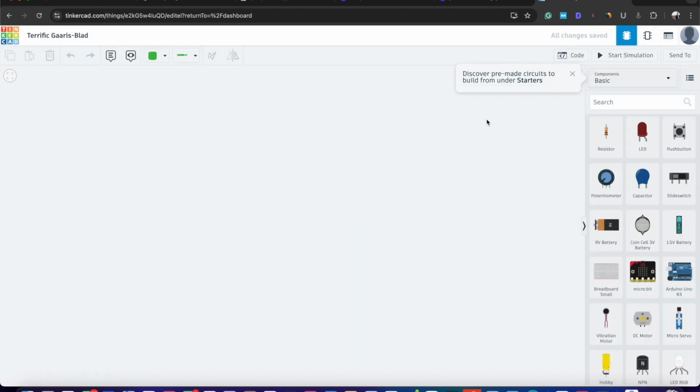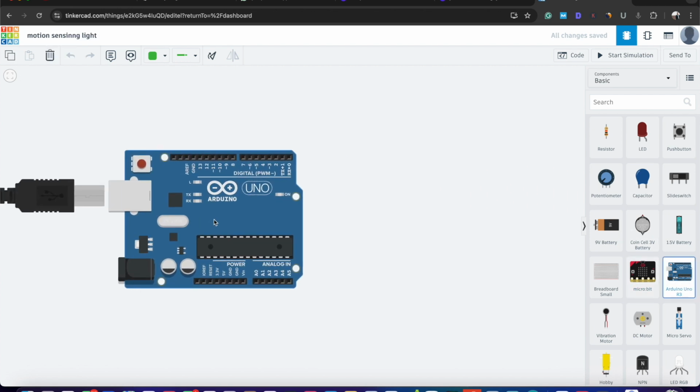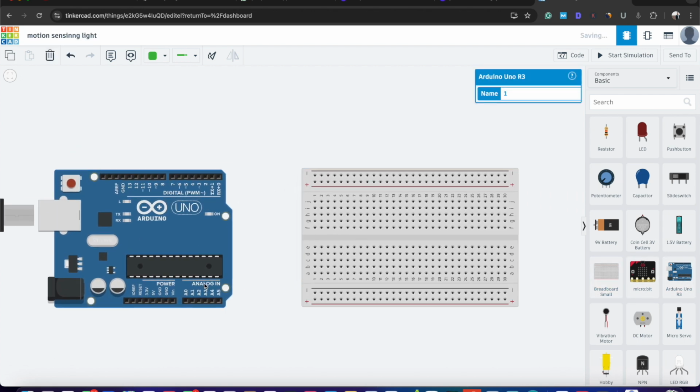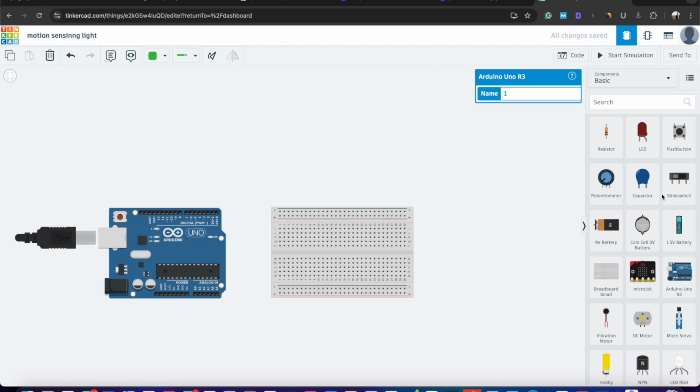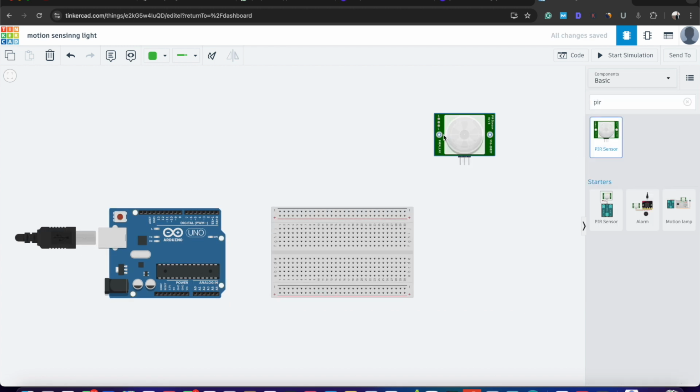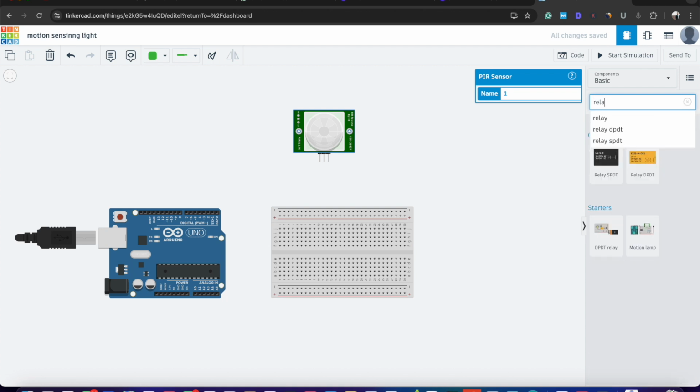So now the website is open and now you have the dashboard on which you can create the circuit, and on the right side you can see the components. You can easily drag and drop the components which you require to complete your circuit or project. So first I will drag and drop the Arduino and the breadboard, and then I'll search the PIR sensor, and